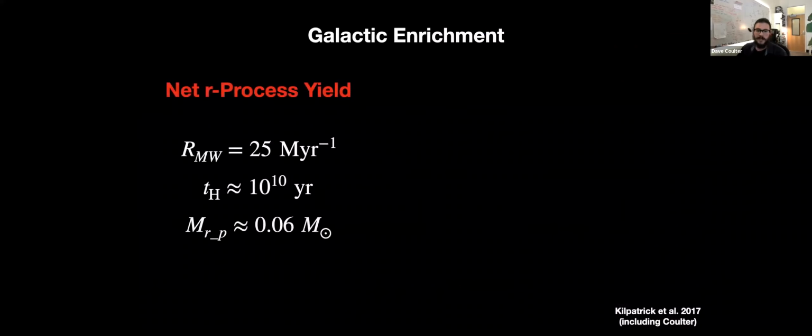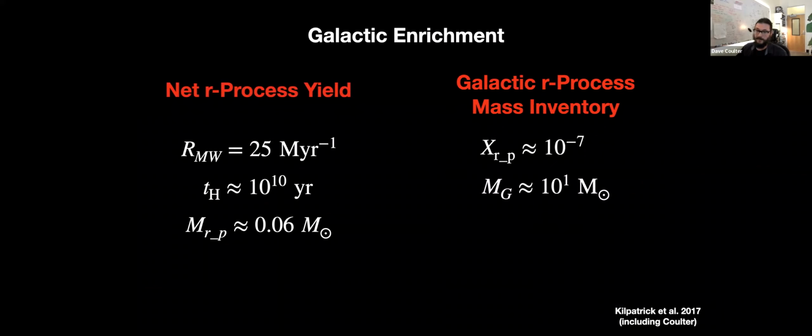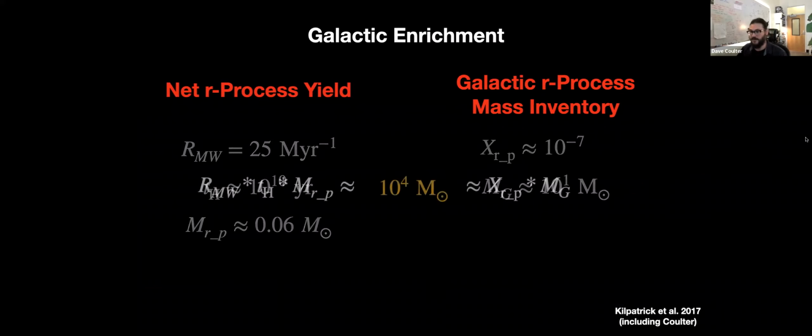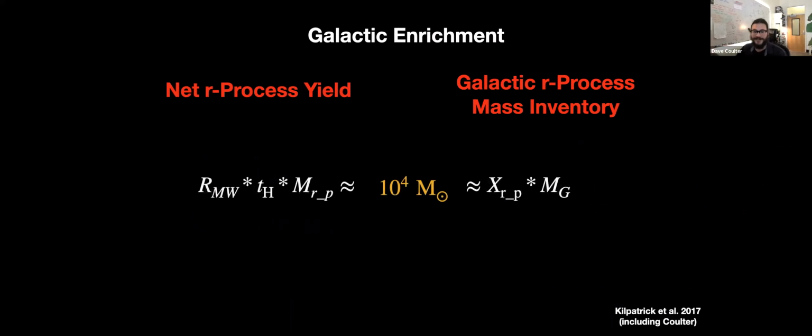Okay, so then we can go back to this fundamental question about galactic enrichment. If you look at the rate given by LIGO in the Milky Way and the yield, and then similarly look at the mass fraction of the R process in the galaxy, you find that these are roughly equal. So to first order, yes, neutron star mergers can account for the R process budget, at least in the galaxy